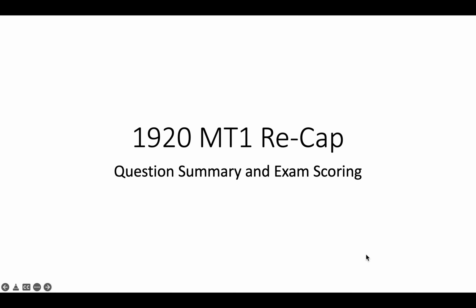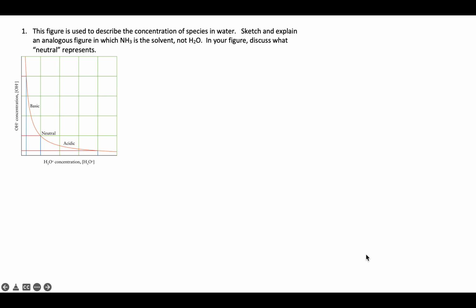This video is an overview of performance on the first midterm exam and how it was scored. Stepping through the different questions, a key thing within the first one is to recognize that it was involving ammonia as a solvent. It wasn't discussing what happens when we put ammonia in water, but when ammonia would be the solvent